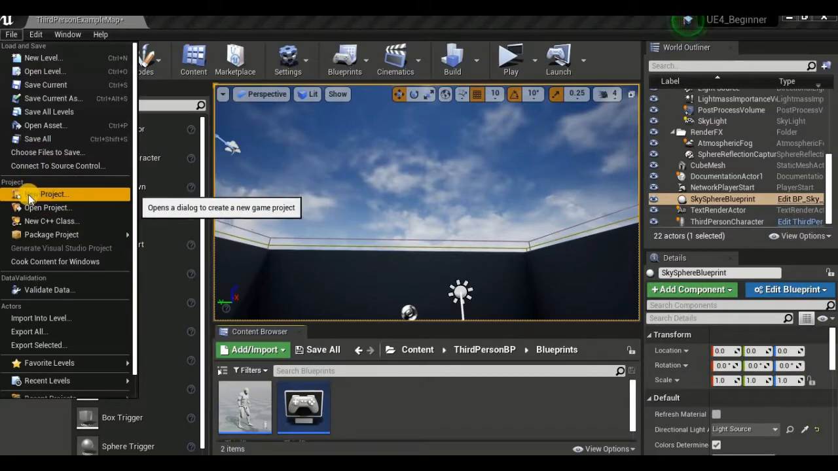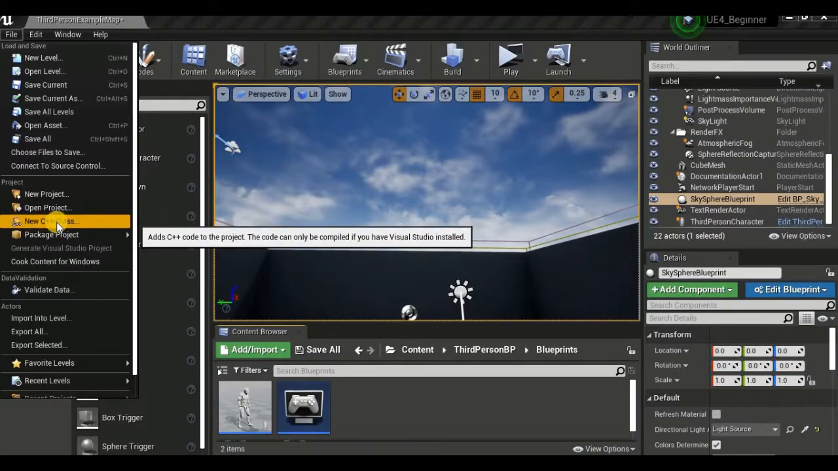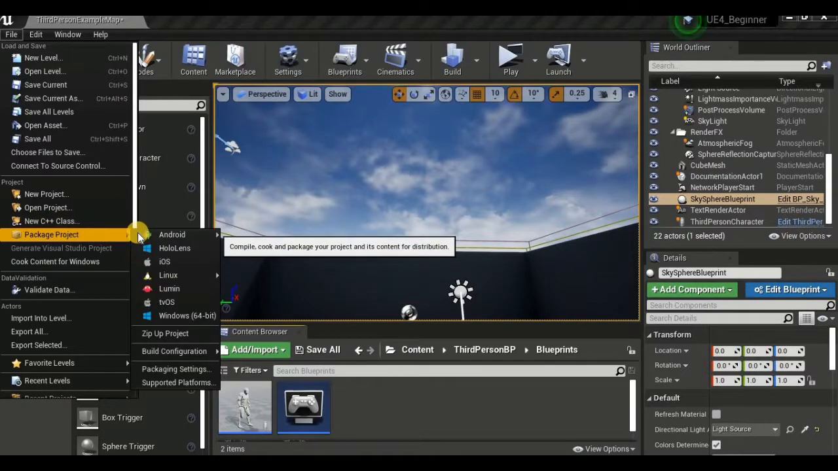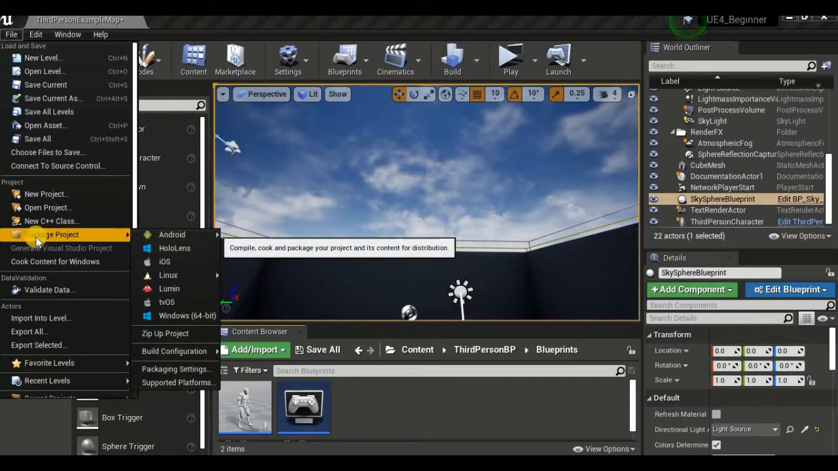You can create a new project using this one. I showed you how to create a new project using Unreal Engine in the last video. You can refer to it using the link in the description. Here you can open a project that you have already created. You can make a new C++ class, and you can export your project. Package project means it's exporting